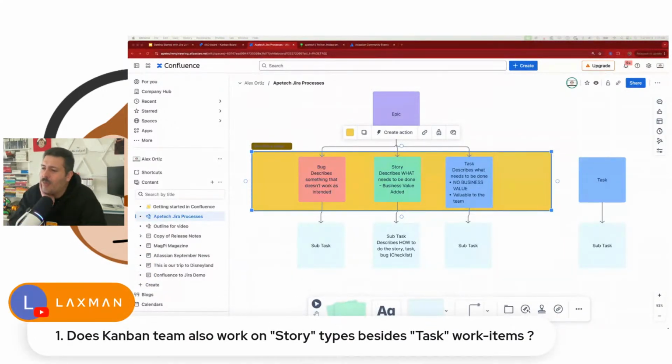All right, Laxman's back with, do Kanban teams also work on story types besides task work items? So it's up to you, right? Again, the story and the task are just buckets. They're just stickers that you put on your work to classify what type of work it is. And so if you have just one type of work, then you just need the task. You can get rid of the story. You can get rid of the bug. You don't have to have them. But if your team is working on truly different, unique types of work, the more issue types, the better, because